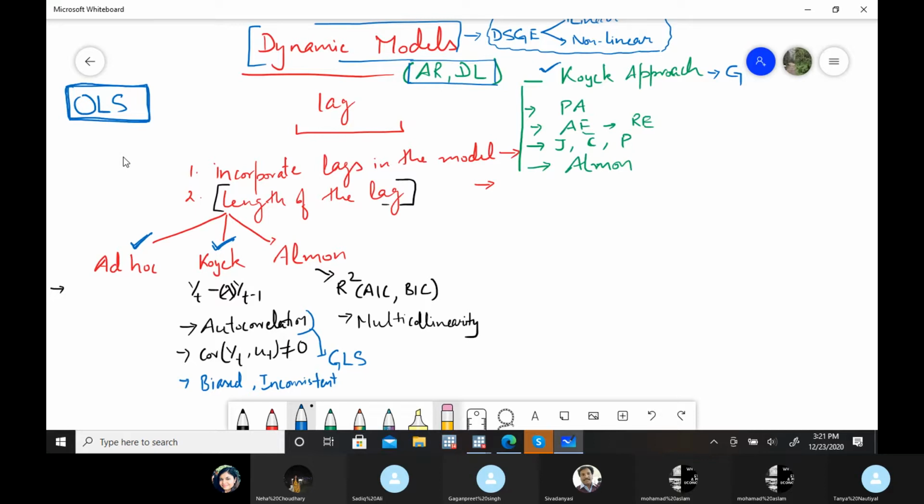So it's not tough, or I would say something advanced or basic or intermediate. It's just how systematically we learn that particular topic and that particular branch of econometrics.